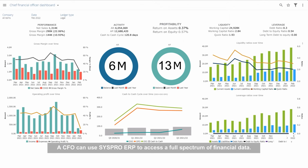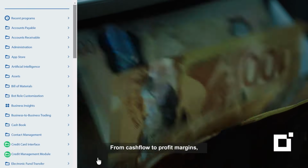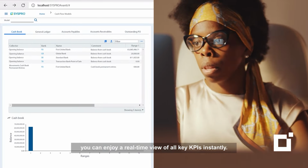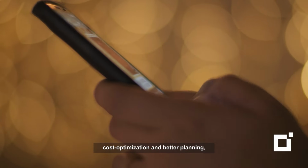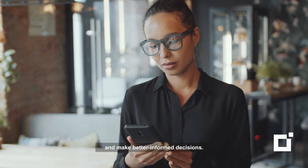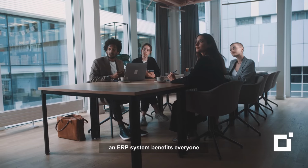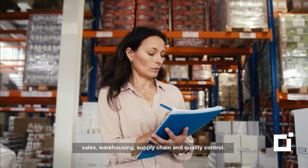A CFO can use SYSPRO ERP to access a full spectrum of financial data. From cash flow to profit margins, you can enjoy a real-time view of all key KPIs instantly. What's more, ERP allows for cost optimization and better planning, enabling you to be more strategic and make better informed decisions. When it comes to operations, an ERP system benefits everyone from the COO to purchasing, sales, warehousing, supply chain,